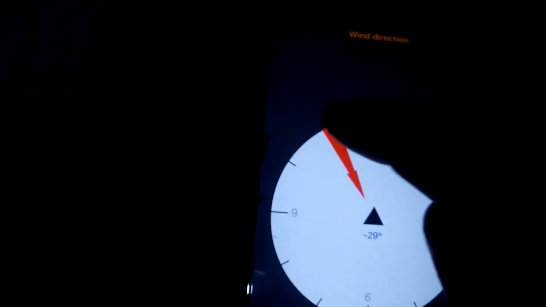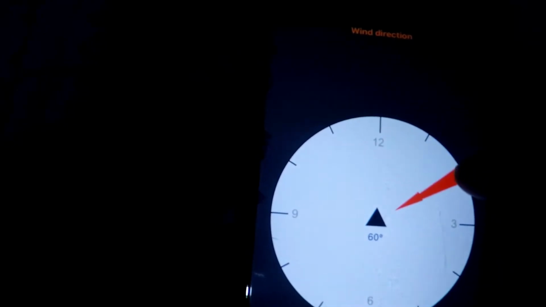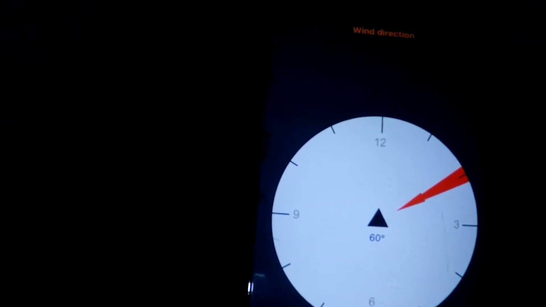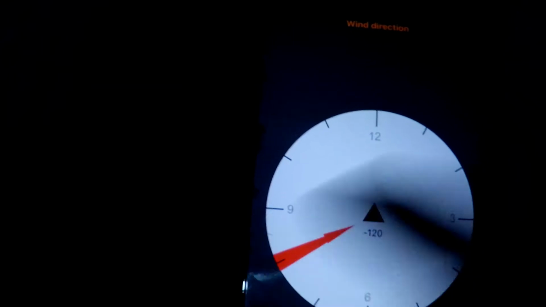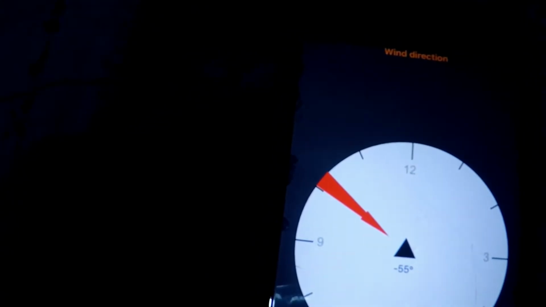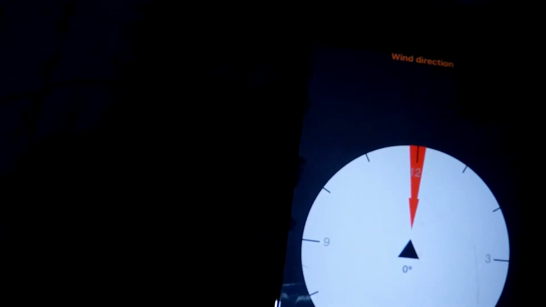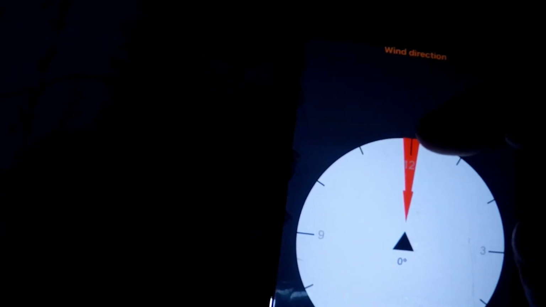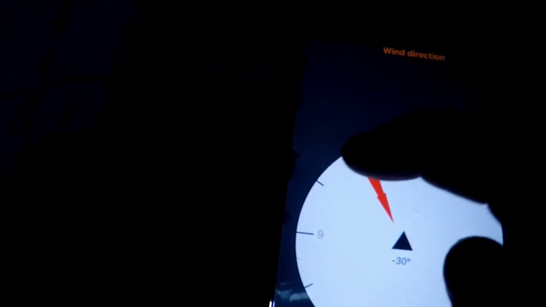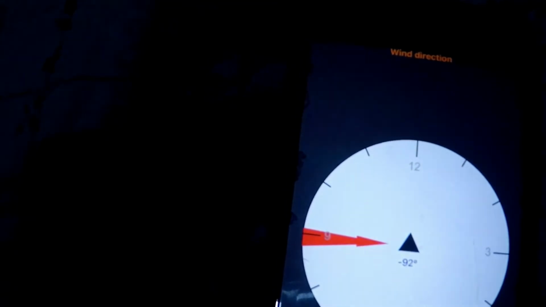Okay. Half value is 2 and 8 or 4 and 10. So half, 0, third, half, full. Okay, so